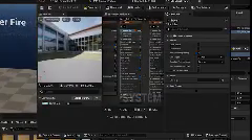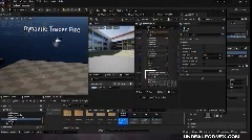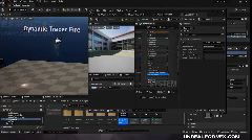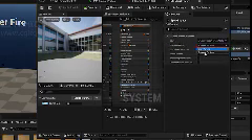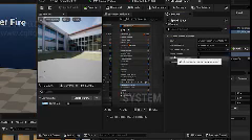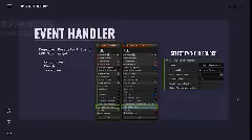So we're generating that collision event here, and then in our spark impact emitter, we have this event handler, which is what's spawning our impacts. So in order to get this event handler section to show up, you just have to click on the add stage button and create a new event handler, and then assign your source to whatever location or collision events are happening inside of the scene. You want to change your execution mode to spawned particles, and then enter a spawn number for the amount of particles you'd like to spawn from this event. And by using these event handlers, we can cause these chain reactions across several emitters,